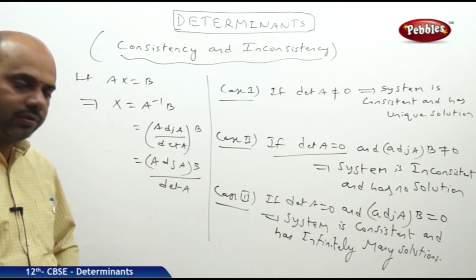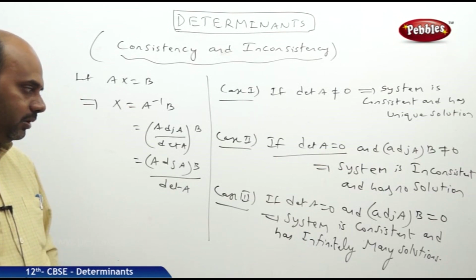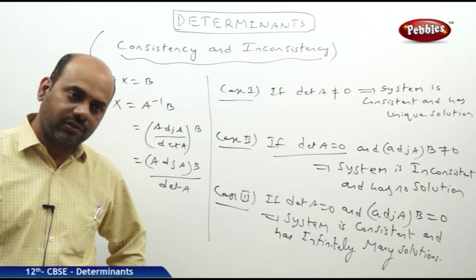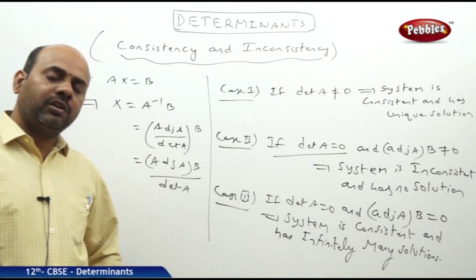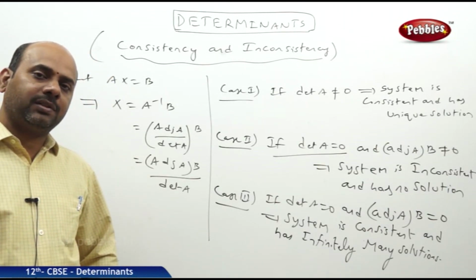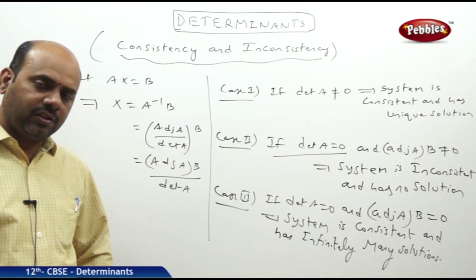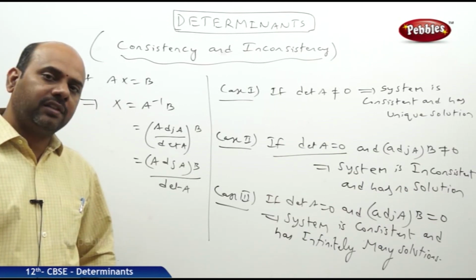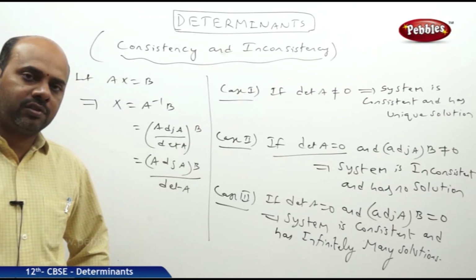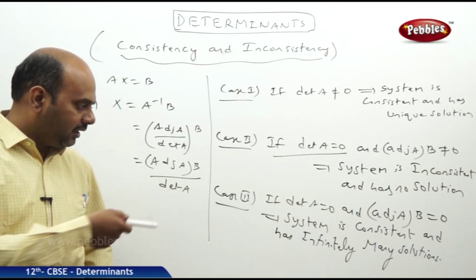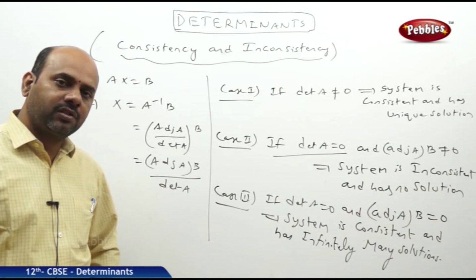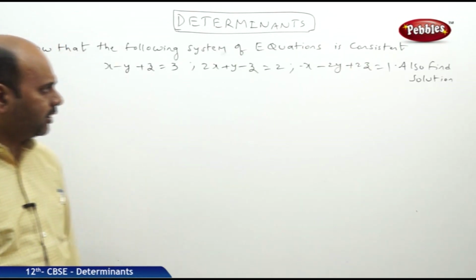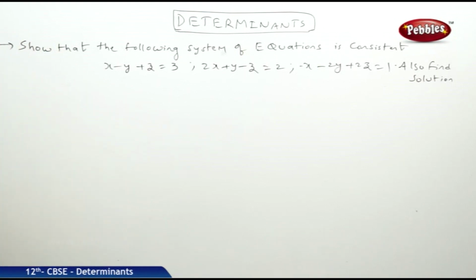Similarly, if det A equal to 0 and adjoint of A into B equal to 0, the system is consistent and has infinitely many solutions. And we need to put one of the variables x, y, z as an arbitrary constant, and we need to go by backward substitution, and then we need to assume that constant as a real number, and that tells us the given system of equations has infinitely many solutions. Right, basing on this pattern, we will be doing a problem.